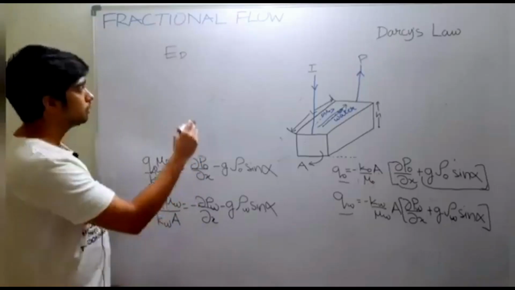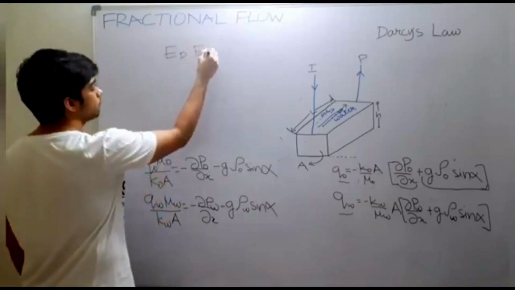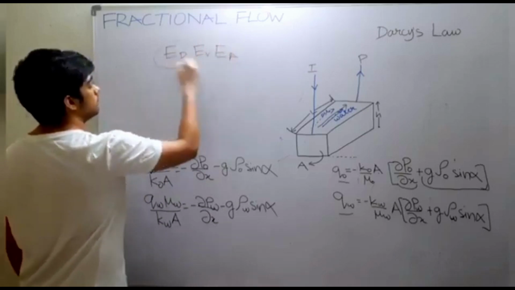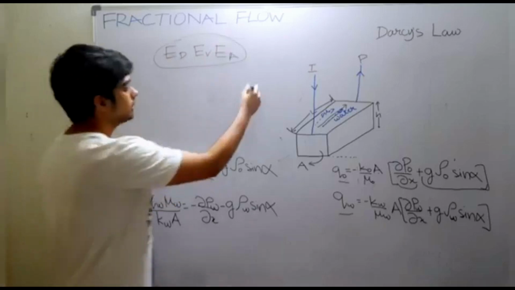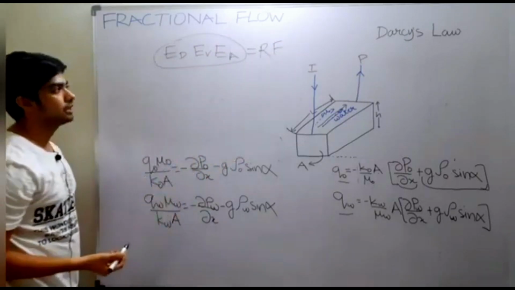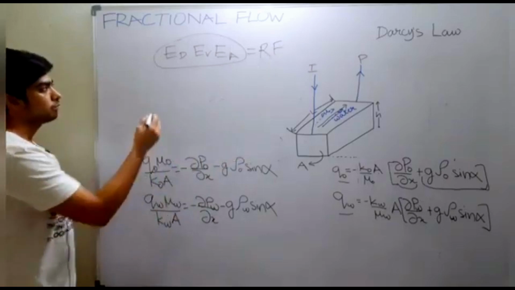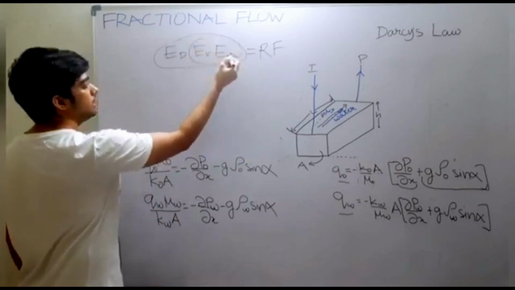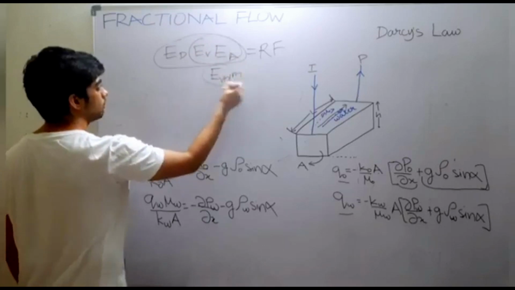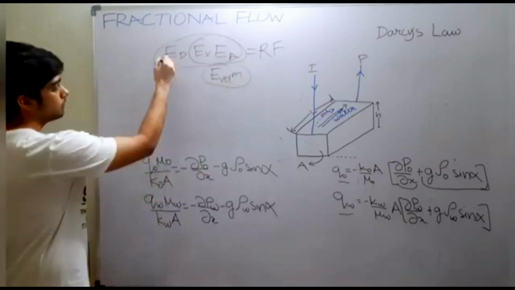We have talked about different efficiencies such as volumetric sweep efficiency and areal sweep efficiency, and all these efficiencies altogether result in the recovery factor. So we have discussed each of these terms in a brief way. Also, EV and EA will collectively be referred to as volumetric sweep efficiency. So if we talk about displacement efficiency,